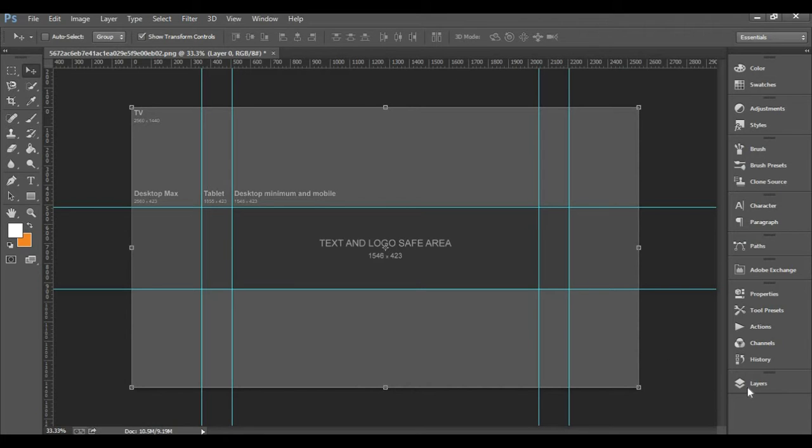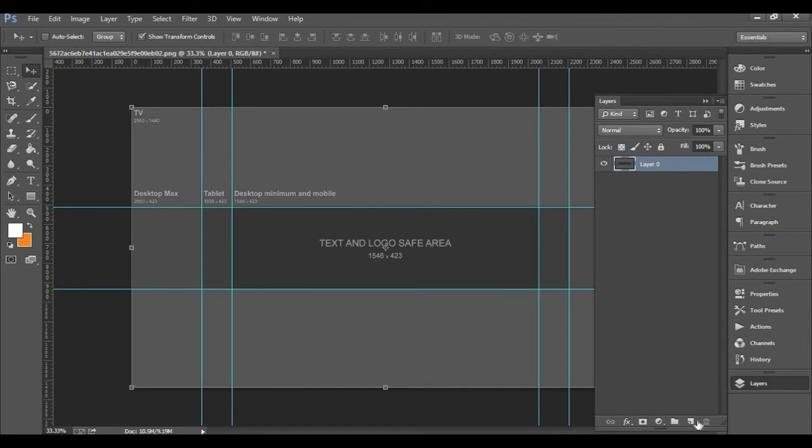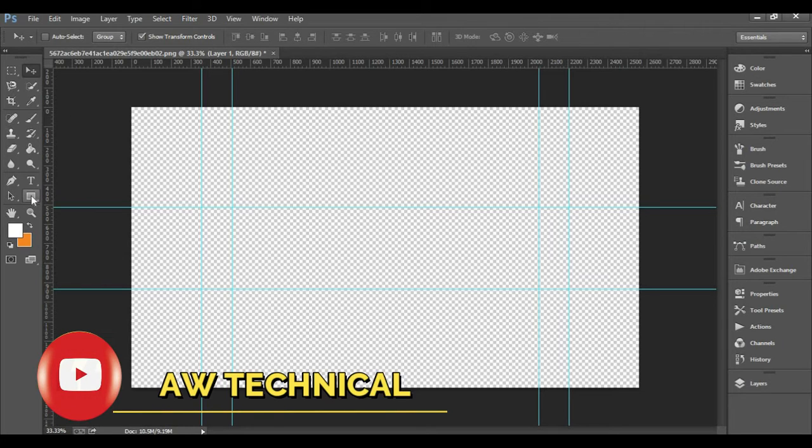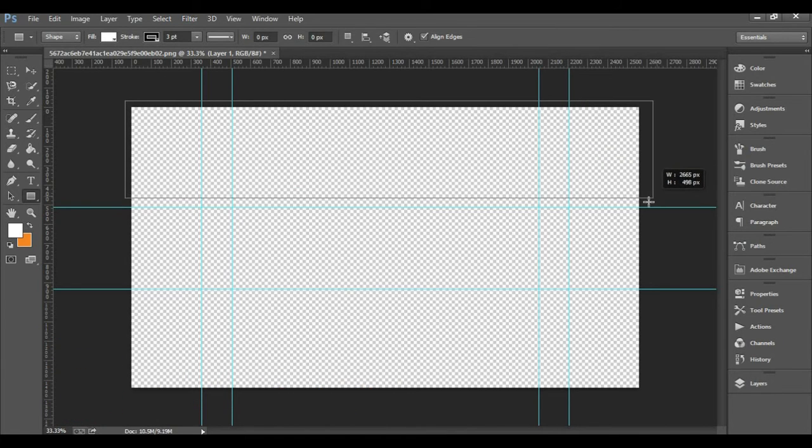Once you have done this, go to layers, take another layer, drop it over there and uncheck this format image layer. Now you can see that the format of the cover is also created on a new layer. Now we will work on this specific area. You can work now easily. So let's start. Take the rectangle and select this area.